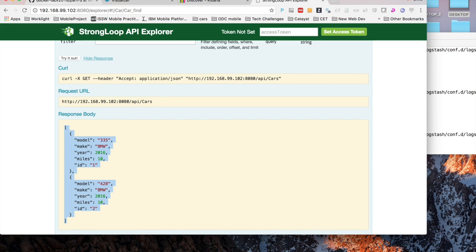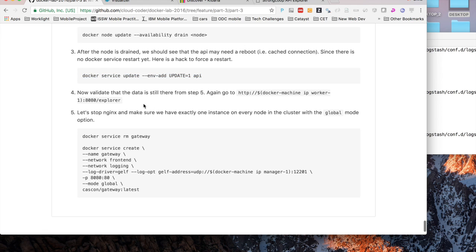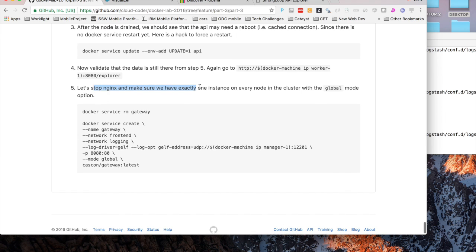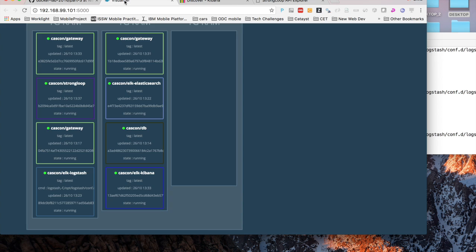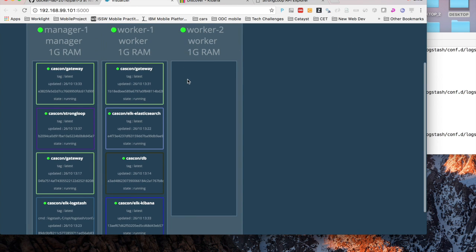All right then. So the next thing that I want to do is, well, I already looked at the Explorer. I already did step 4. Last thing I want to do is just show the global mode that's available for services. So you can see here that we have the gateway